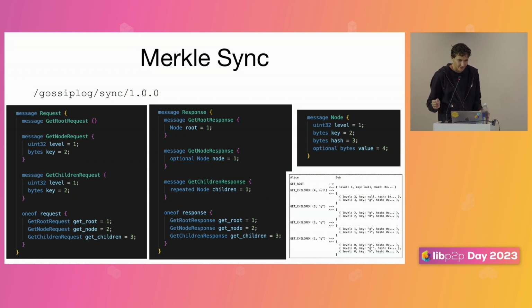Another neat result here is that the on-the-wire protocol for doing this Merkle sync is really, really simple. All you actually need to do this over a libp2p protocol is these 3 different RPC requests. Alice needs to be able to ask Bob for his root node, and ask Bob for an arbitrary node in the tree and its children, and that's it. It's Alice's job, by initiating the sync, to manage the traversal. But the actual protocol is very, very light, and it's very light on what it asks computationally of Bob in order to do this diff iteration.